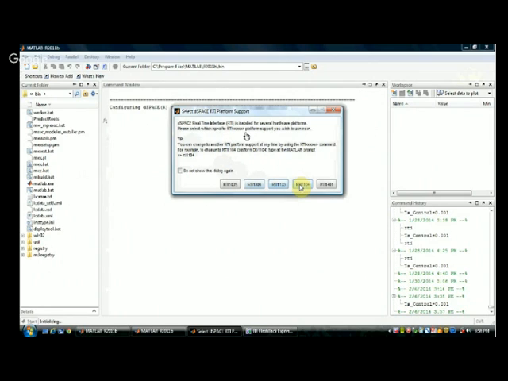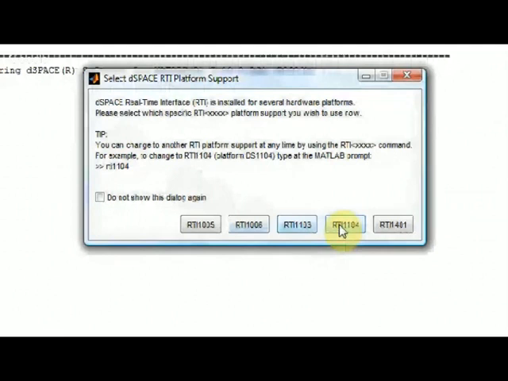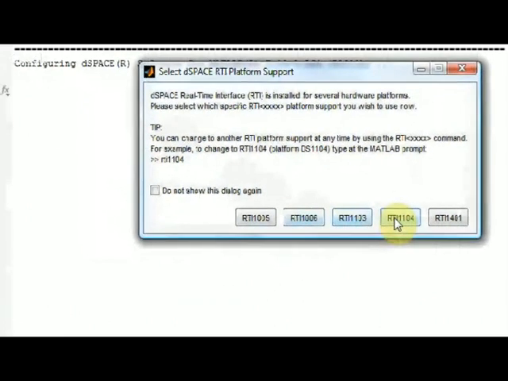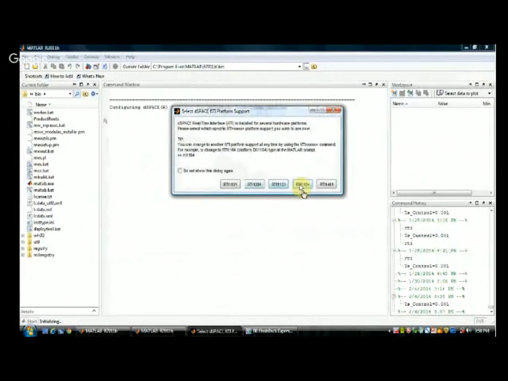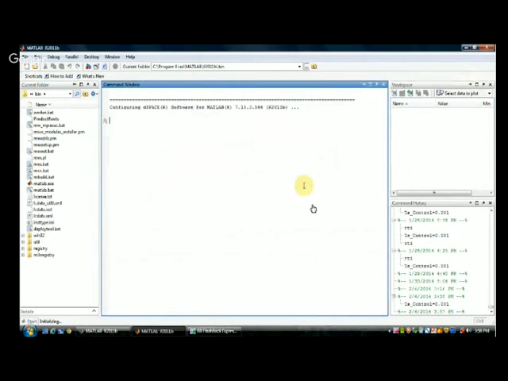So here you can see here RTI 1104. Okay, that is the thing which we have to click. So बाकी जो भी RTI 1105 है, AB DSpace है 1106, 1103, all these things we have 1104. So that is what is shown here. Okay, so now I'll be just clicking on and there is some process going on. This is the process. ऑन करने के बाद हो रहा है. So just see this. So RTI 1104 को जब क्लिक करना है so it will start running. So ये MATLAB environment में this is going on.